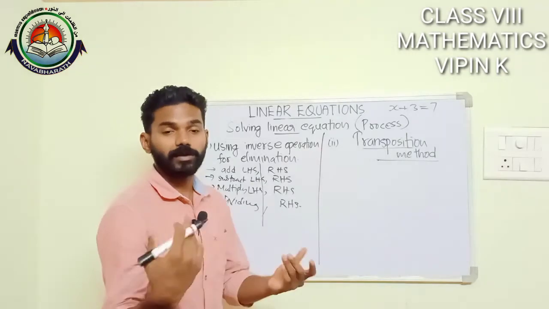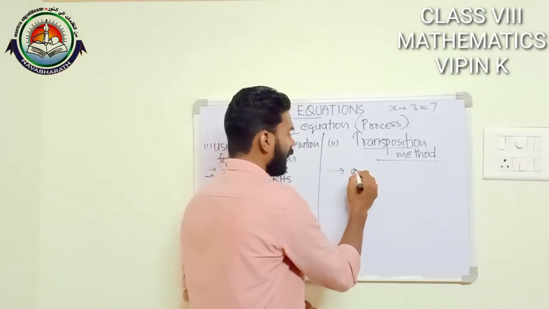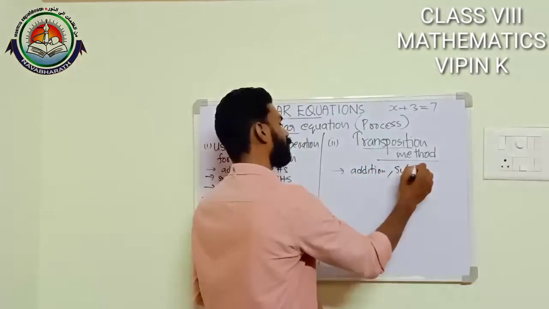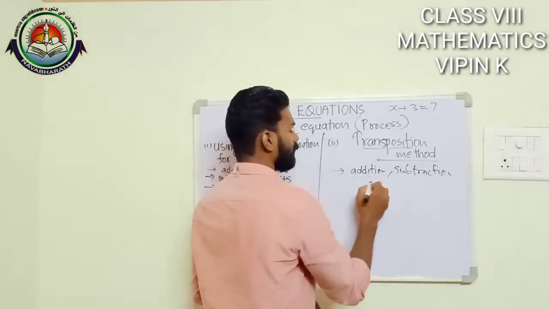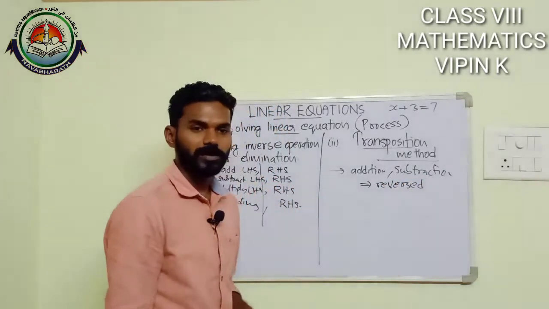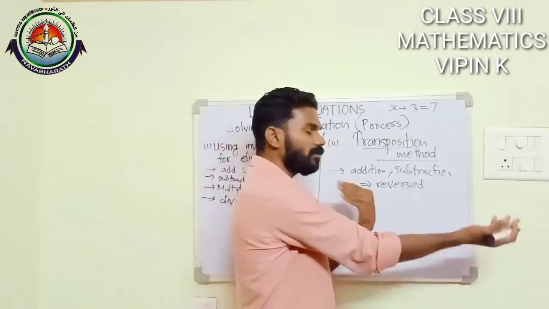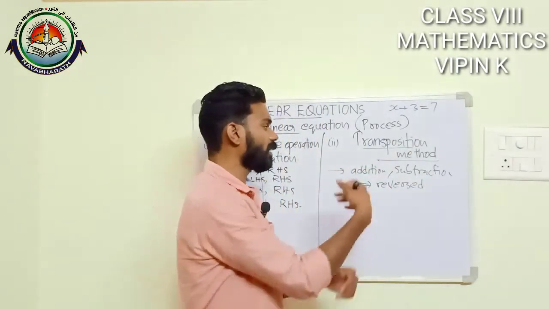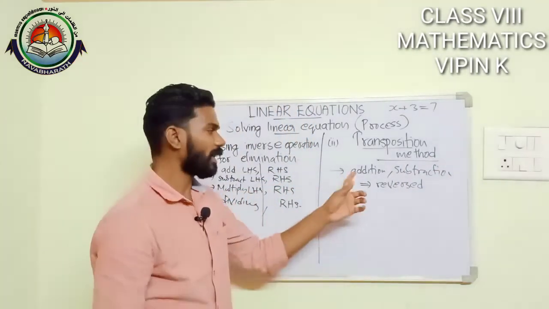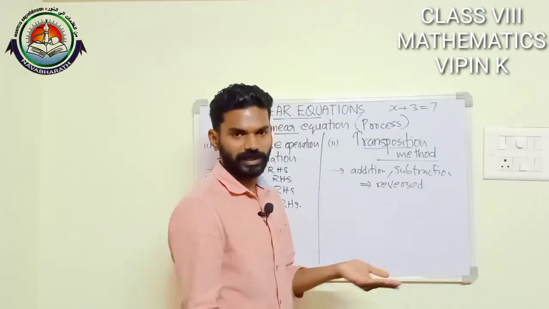Okay, and the rule is that when you are transposing an addition or a subtraction operation, it would be reversed. So when we are transposing an addition operation, it would become subtraction. When you are transposing a subtraction, it would become addition. So addition and subtraction operations are reversed. Just like that,